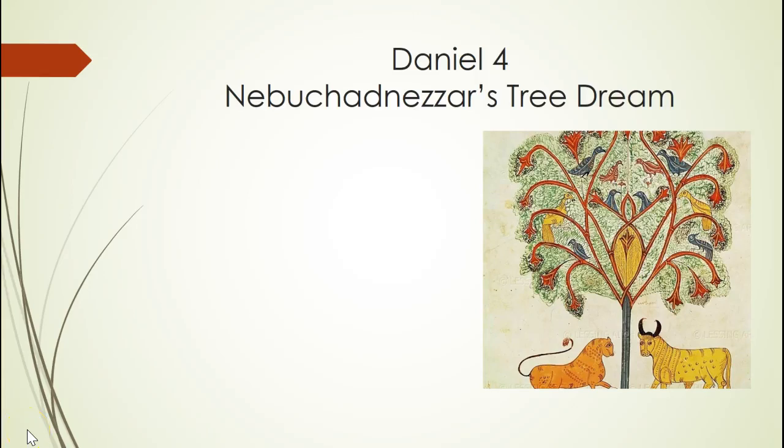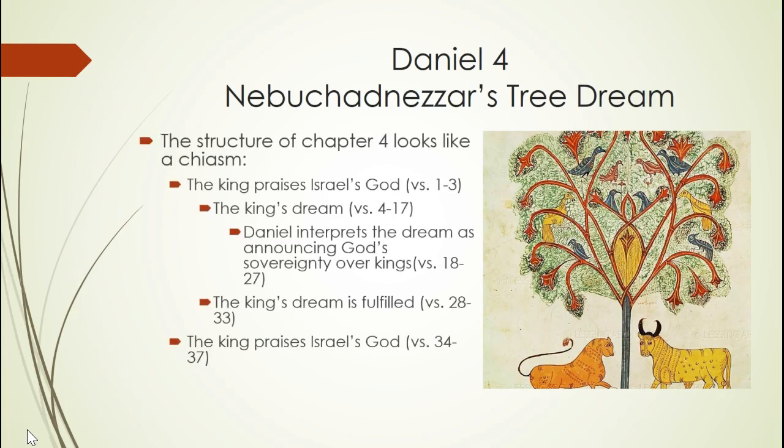So in this video, we're going to take a look here at Daniel chapter 4. This has to deal with King Nebuchadnezzar and his dream about a tree. I'm going to first give a little bit of an introduction about the chapter overall. Something very interesting that scholars have noted about this chapter is that the structure of